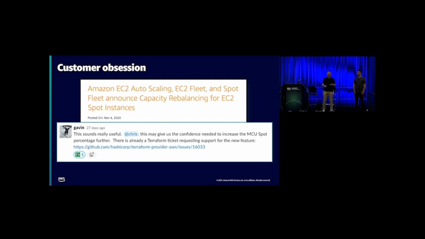So when this feature was announced on November 4th, called Capacity Rebalance, it actually gives you a proactive notification when your instance is at risk for being interrupted, up to 10 minutes. So now we had lots of room to play with, right? That's 5 times the amount of time that we could migrate that session to an on-demand server. And so the lead engineer said, this sounds really interesting on Slack. I think this would allow us to really push up Spot, maybe an extra 10%, 15%. When you're running thousands of instances concurrently, all the time, 24 hours a day, because those classes are moving around the world, this matters.